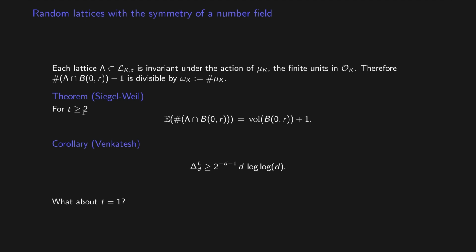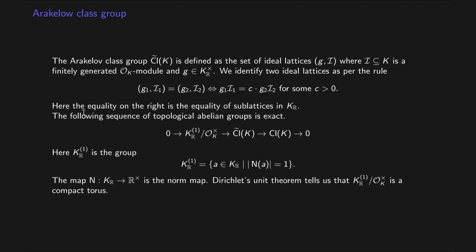Can we construct, first of all, this interesting family of lattices of rank 1? And then also would a certain analog of the Siegel-Weil theorem be true in this case? And so it turns out that all these are rather classical questions. And so as for the space of such interesting lattices, they are captured by what is called the Arakelov